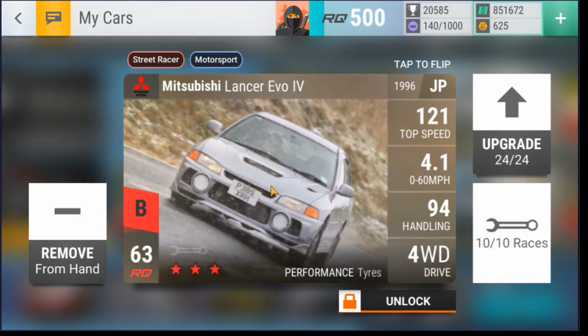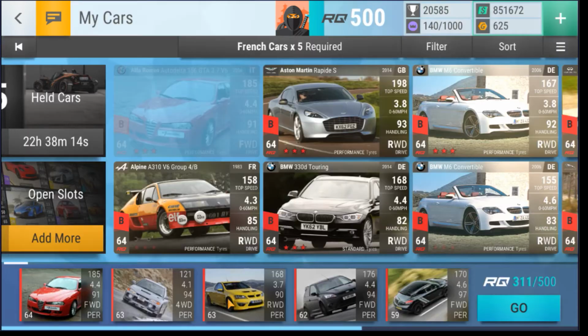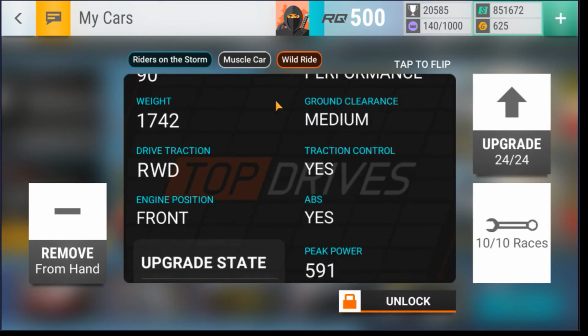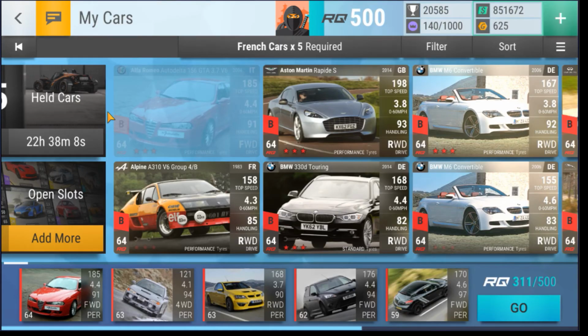They're all upgraded 3-2-3. Okay, so max engine and chassis, 2.3 on the weight, all done exactly the same. So there's not a favoritism in one style of setup over the other. And so I've tried to pick one from each kind of